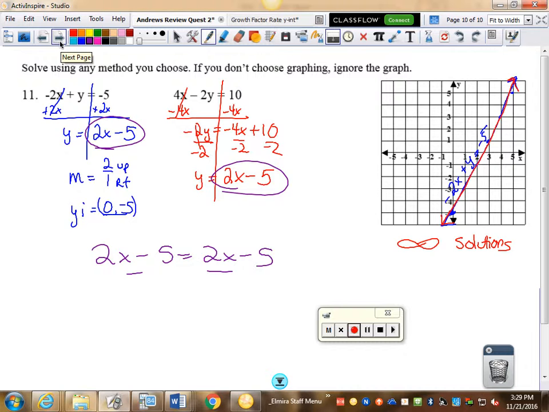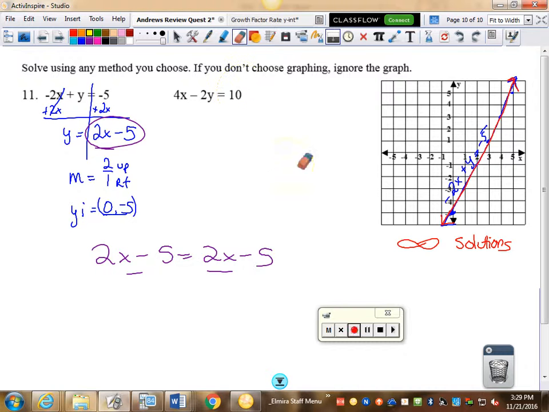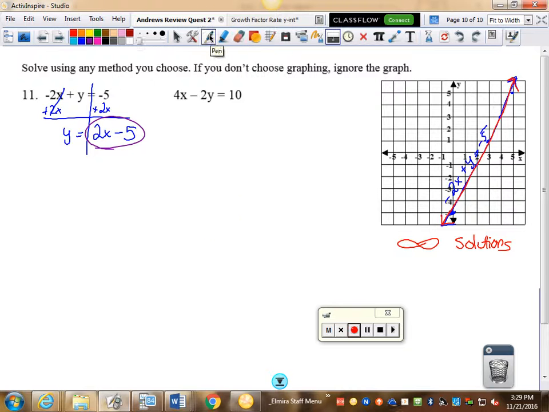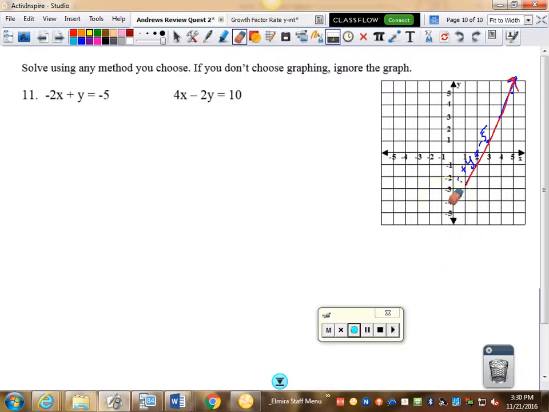I could do substitution. 4x minus 2, and then sub this in, 2x minus 5 equals 10. I could do that and then distribute and so forth. Or, to be honest, what I would definitely do if this were my quiz and I was the one doing it,